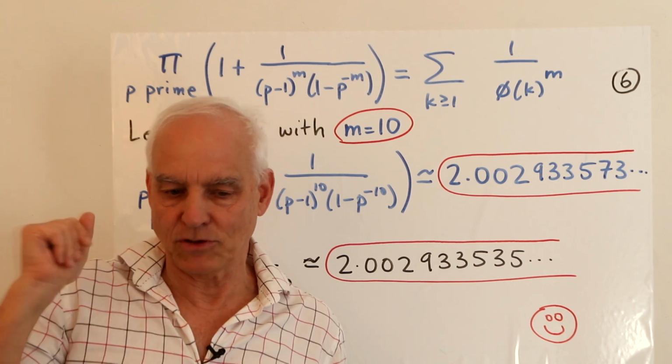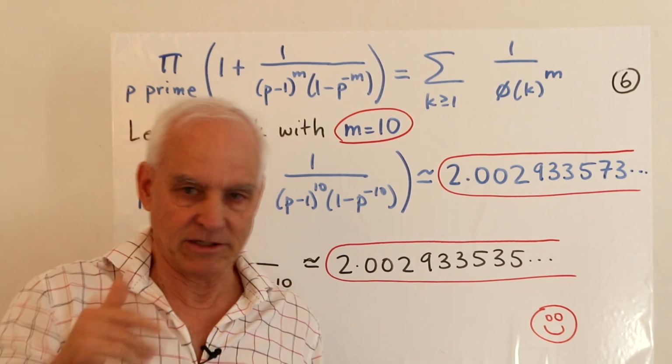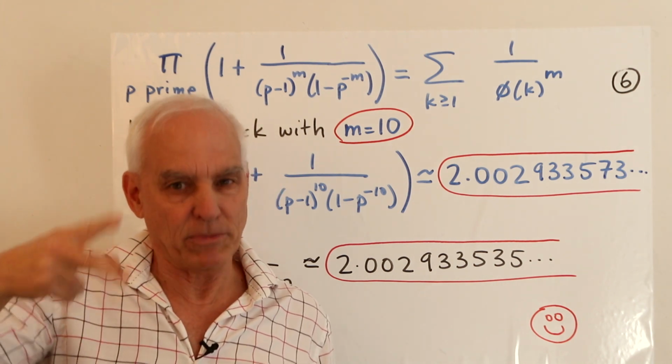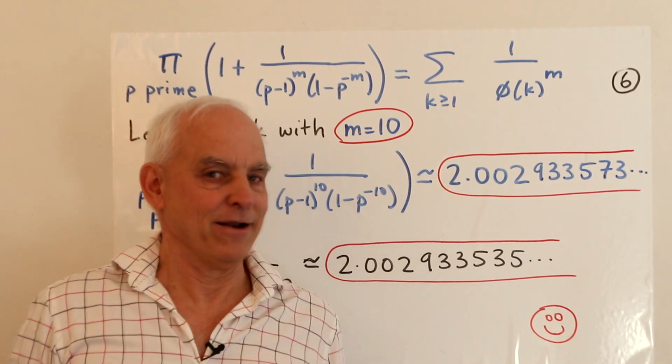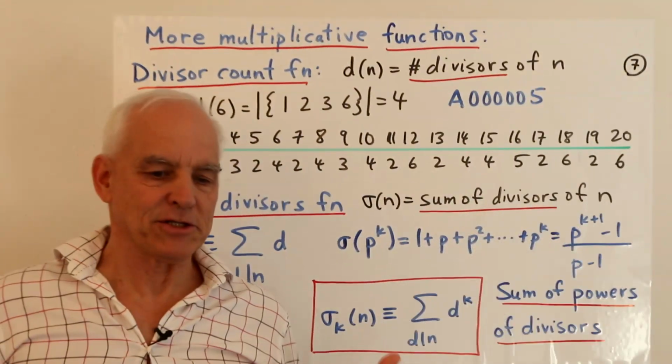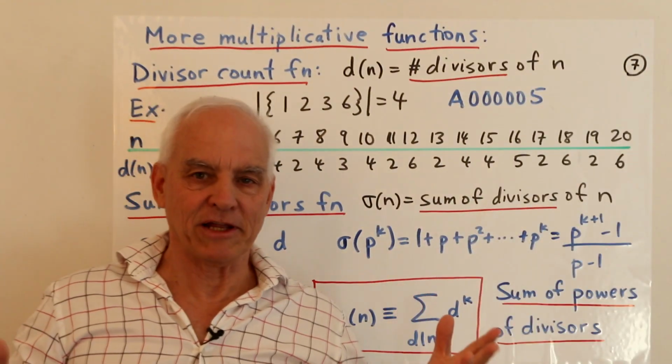So what we did, right? We took the totient function and then we raised things to a power. So we actually performed two multiplicative functions on the elements of the identity. Okay, so we need more multiplicative functions.